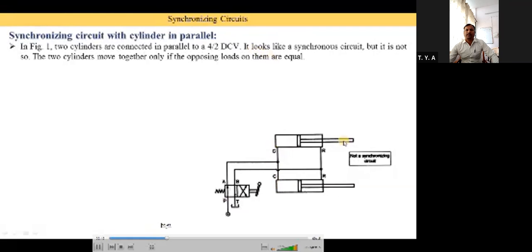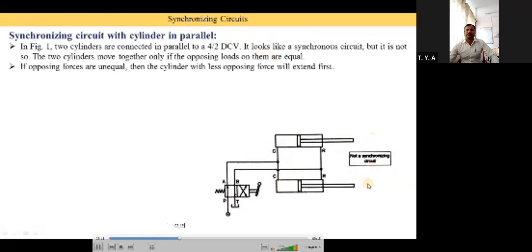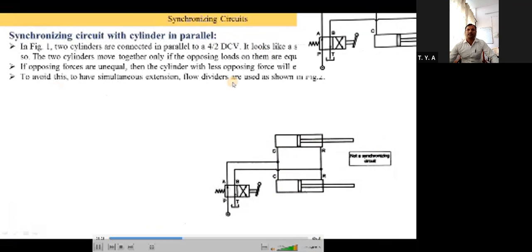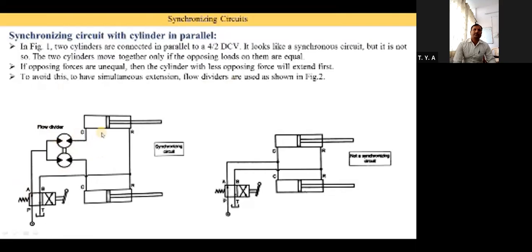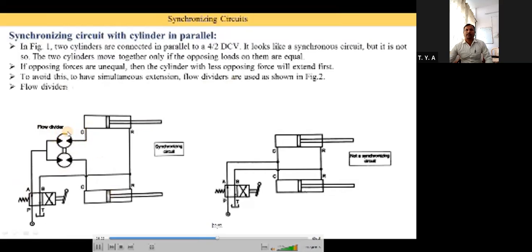Okay, then the speed of the uneven, means suppose here the 10 kilonewton is there. To avoid this, to have simultaneous extension, the flow divider are used as shown in this figure 2. Okay, now in figure 2 here you see that the outlet from the A port is come here, and after it is divided in two parts, and here you see the flow divider is provided. Okay, so they divide the flow according to the load on the cylinders. Okay, so here the flow divider is there. The one flow divider is connected with cylinder 1, So these are simple definitions that is not given, and I